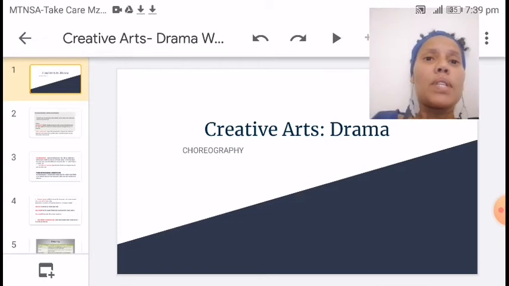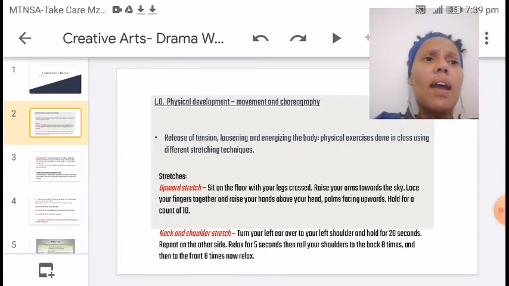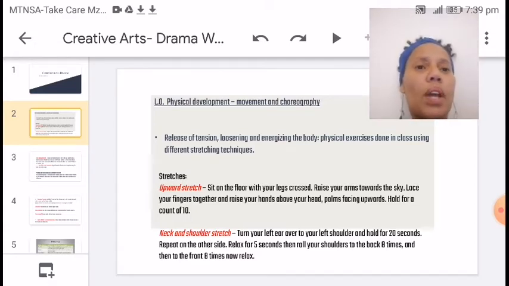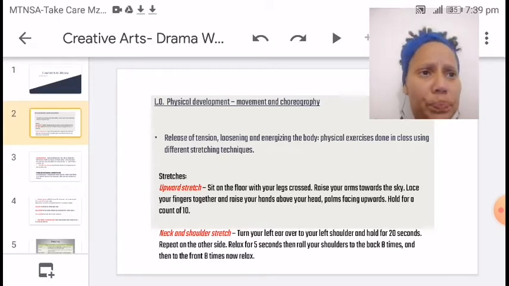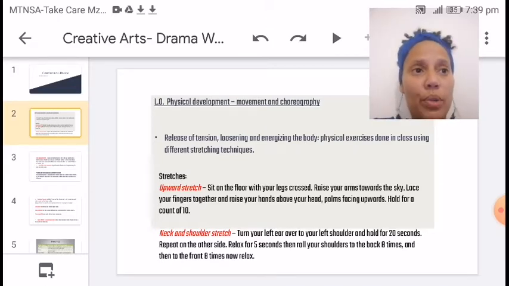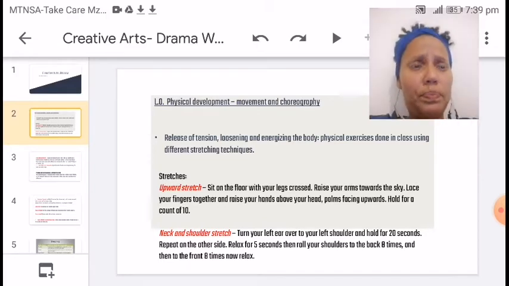Okay, so slide 2. Physical development and movement and choreography. Release of tension, loosening and energizing the body. Normally you would have done these physical exercises in class. The stretches that you would have done would be the following: upward stretch, which is when you sit on the floor with your legs crossed, raise your arms towards the sky and you lace your fingers together and you raise your hands above your head with palms facing upwards. Hold for count of 10